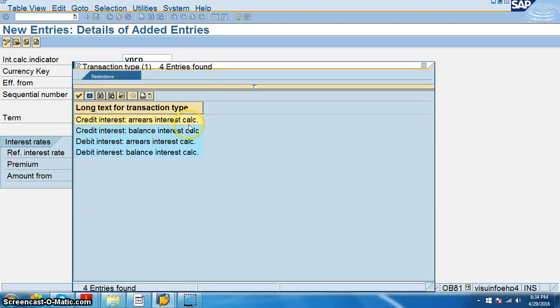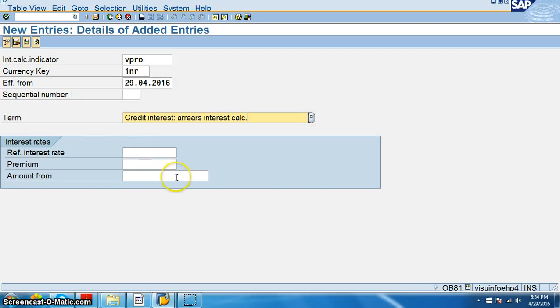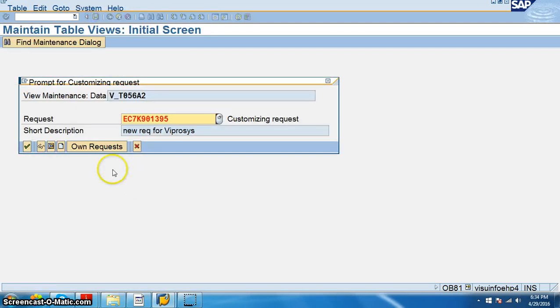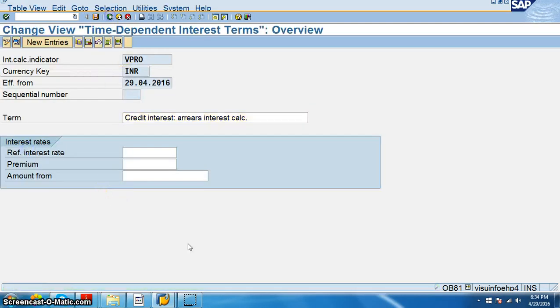Credit interest, arrears interest calculation, balance interest, arrears interest calculation, debit and credit. So there will be two types of interest, one is credit, another is debit. In credit again we have arrears and balance, and in debit again we have arrears and balances. So I'm selecting credit entry, and we are not giving any reference here. Just say OK, back.